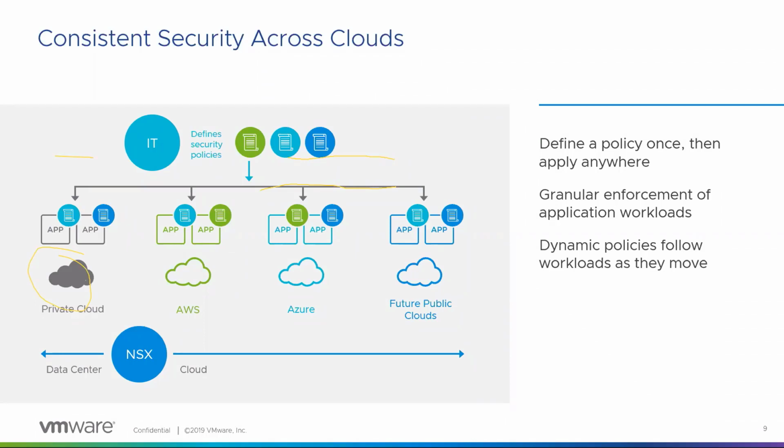I see. So if we look at your slide there, at the bottom, it says data center on the bottom left. So is that right? I'm running NSX data center on-prem, right? And then I'm running NSX Cloud in AWS and Azure. Is that correct? That is correct. So NSX data center is run on-premise here, and NSX Cloud is what's